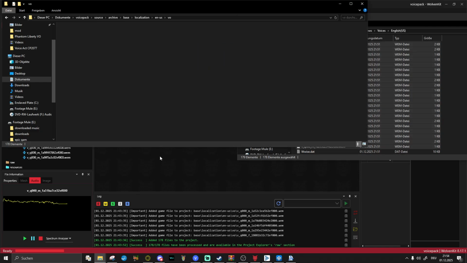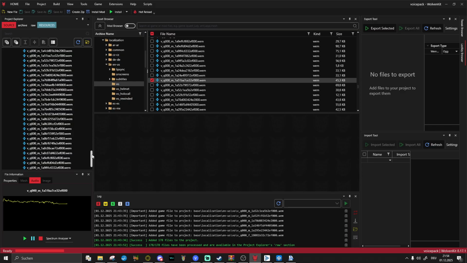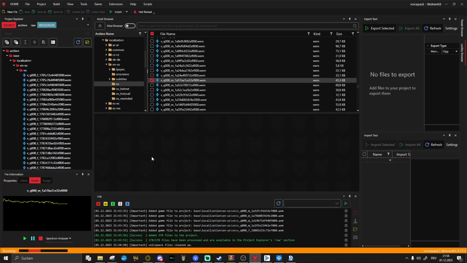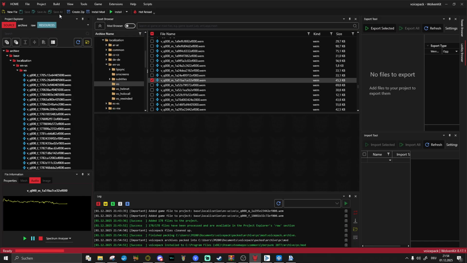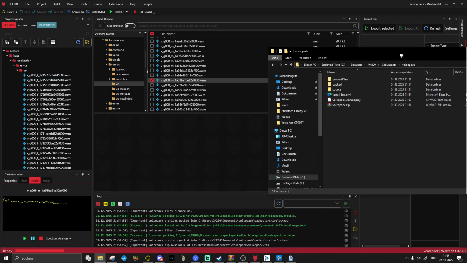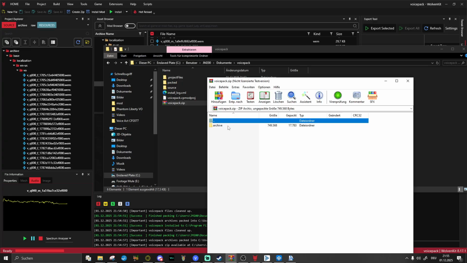You copy it over, and now it's in here. At last, you just hit install, which should install it into the game itself. But I'm paranoid, so I like to also hit pack object. And then you can copy whatever it is down here to find it. Right here. And that's your mod. It's done. At last, you can just test it out by going to the game, by putting it